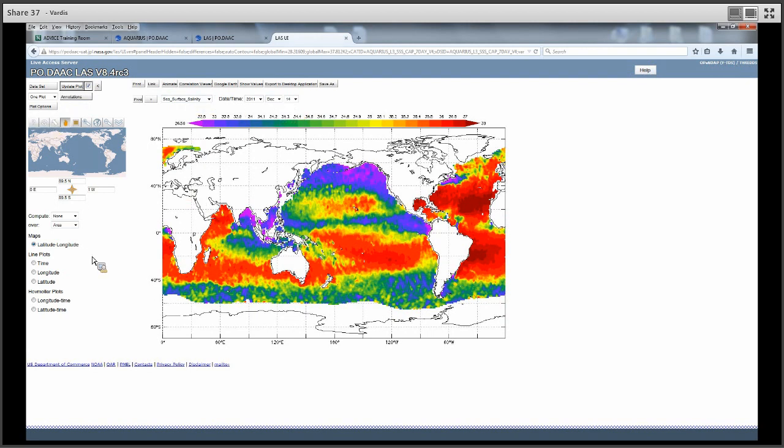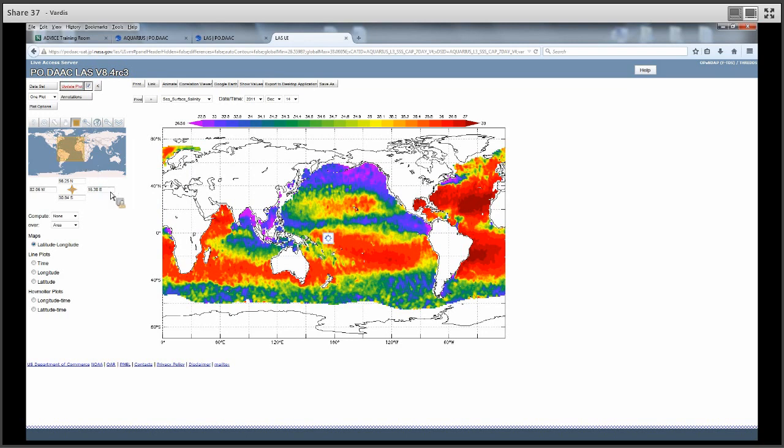This panel on the right basically allows you to zoom into particular areas of the globe that you want to see an image for. It's a very straightforward tool. You can basically pan, and you can zoom in and zoom out. On the right here, you have some preset areas that you can choose from, and it will automatically zoom into those areas. But let me just pick now the broader